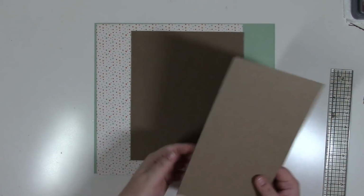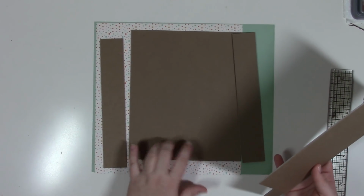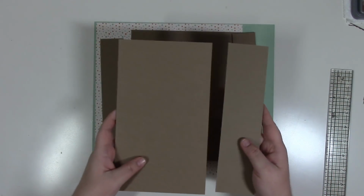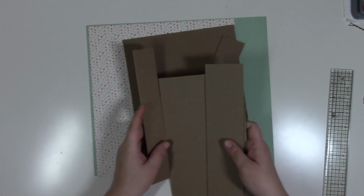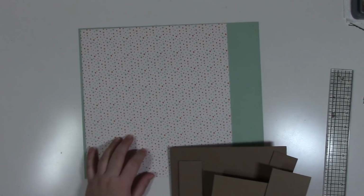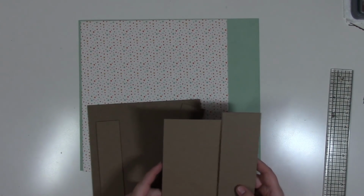So we have several pieces for the cover. This was the back side, and we have our 2 spine pieces, and then our front cover that's in 2 pieces. And then we have our 2 papers that we're going to use to cover it. So at first we're going to need